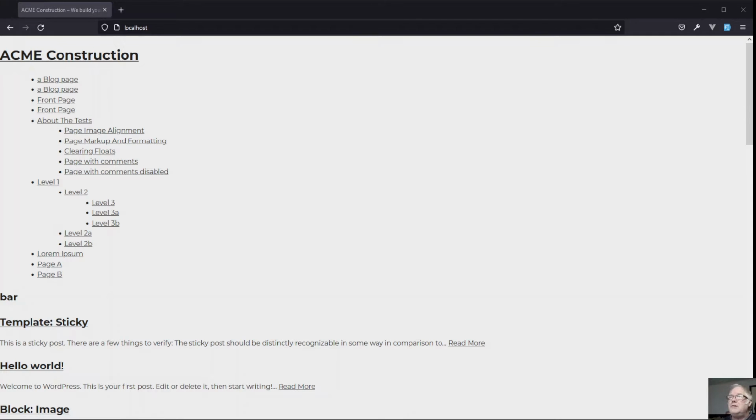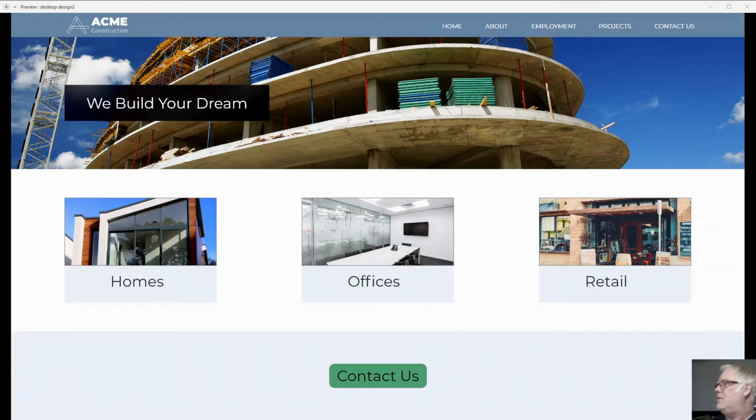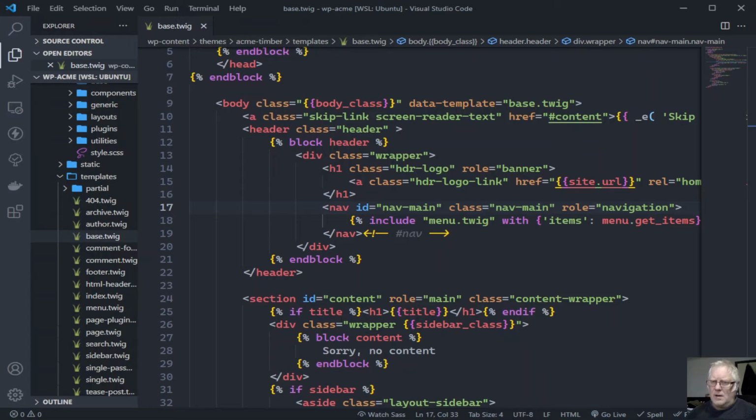Okay, next thing to do, probably let's start to make it look a bit more like our website that we're trying to build. What do we need up here? So we'll grab our logo, and we've got our navigation here. So that's in our header part. Okay, let's have a look and see what we've got here. I'm in the base layout file here,